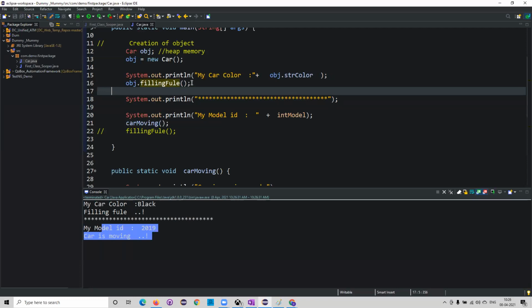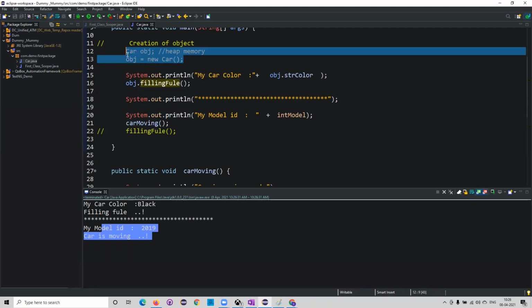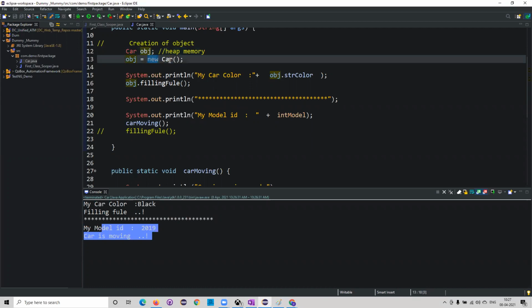Now this is how we created the object. Let me see how I defined this particular object. The first one, Car, is my class. This is my object reference, this is the new keyword, and this is the constructor of a class. Don't worry about what constructor means and how it works, I'll talk about it later.